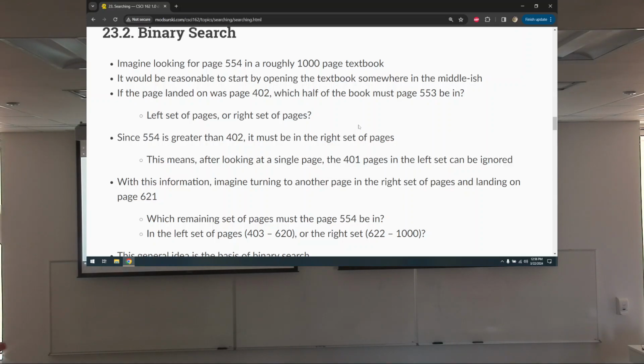If I'm looking for a page, how many pages do we have here? Three hundred-ish, right? And I'm looking for page 200. I open the book, and I turned to page 200, so let's not do that. I'm looking at page 167, right? I've got the book like this. And if I'm looking for page 200,